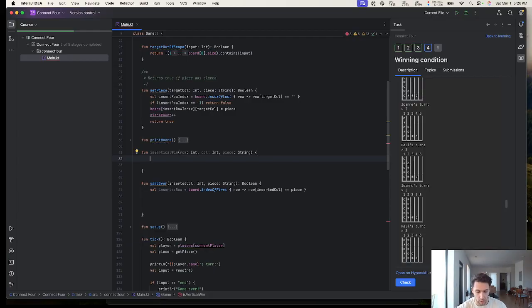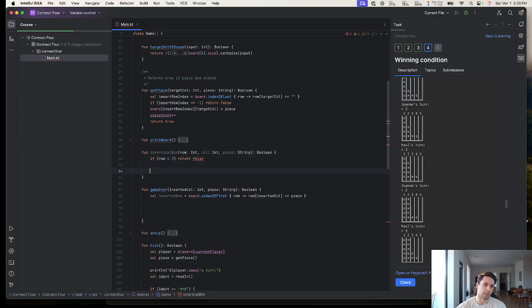So we have the column, and what we need to do is say, first, if row is less than 3, return false. There's no way we can have 4 in a row in something that doesn't even have 4 pieces. That's easy. But if it is greater than 3, then we can very easily just say